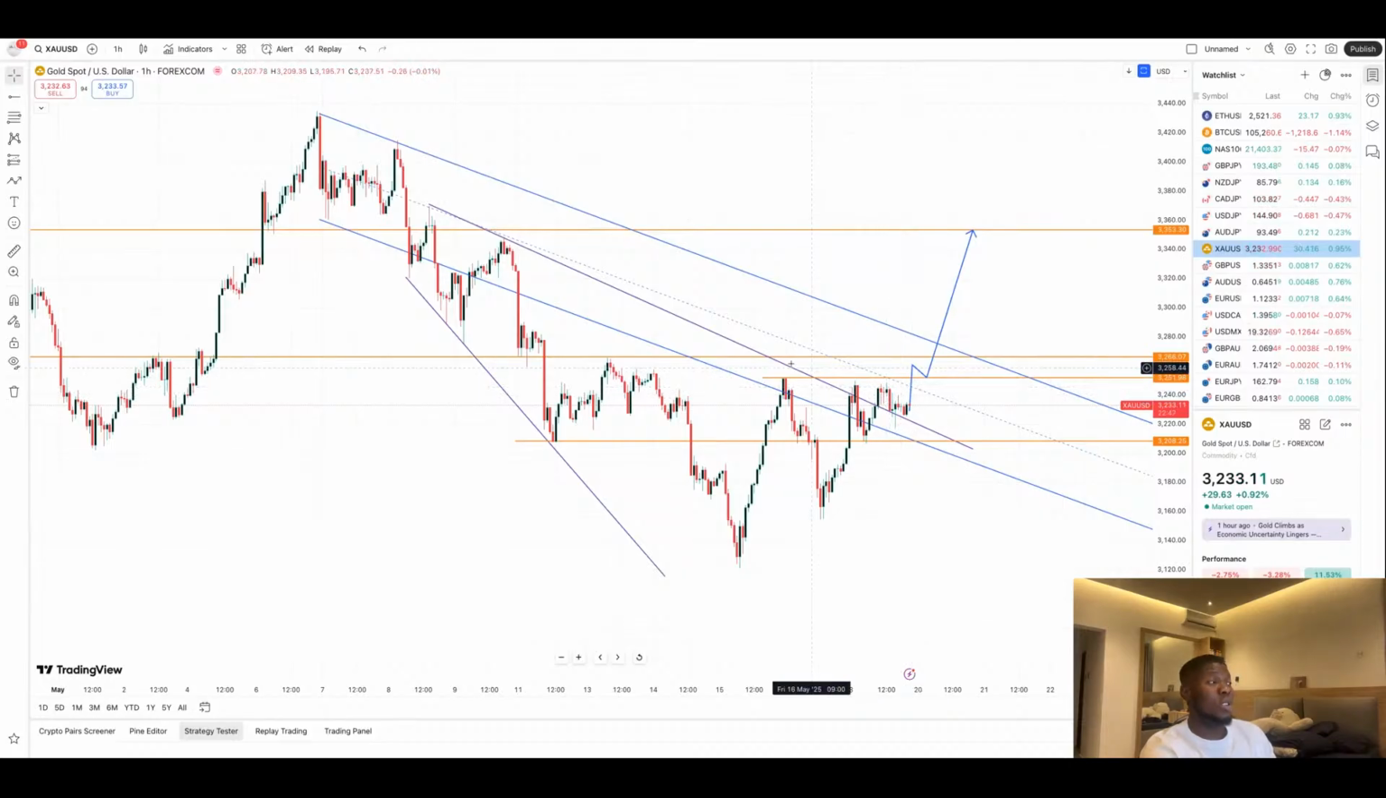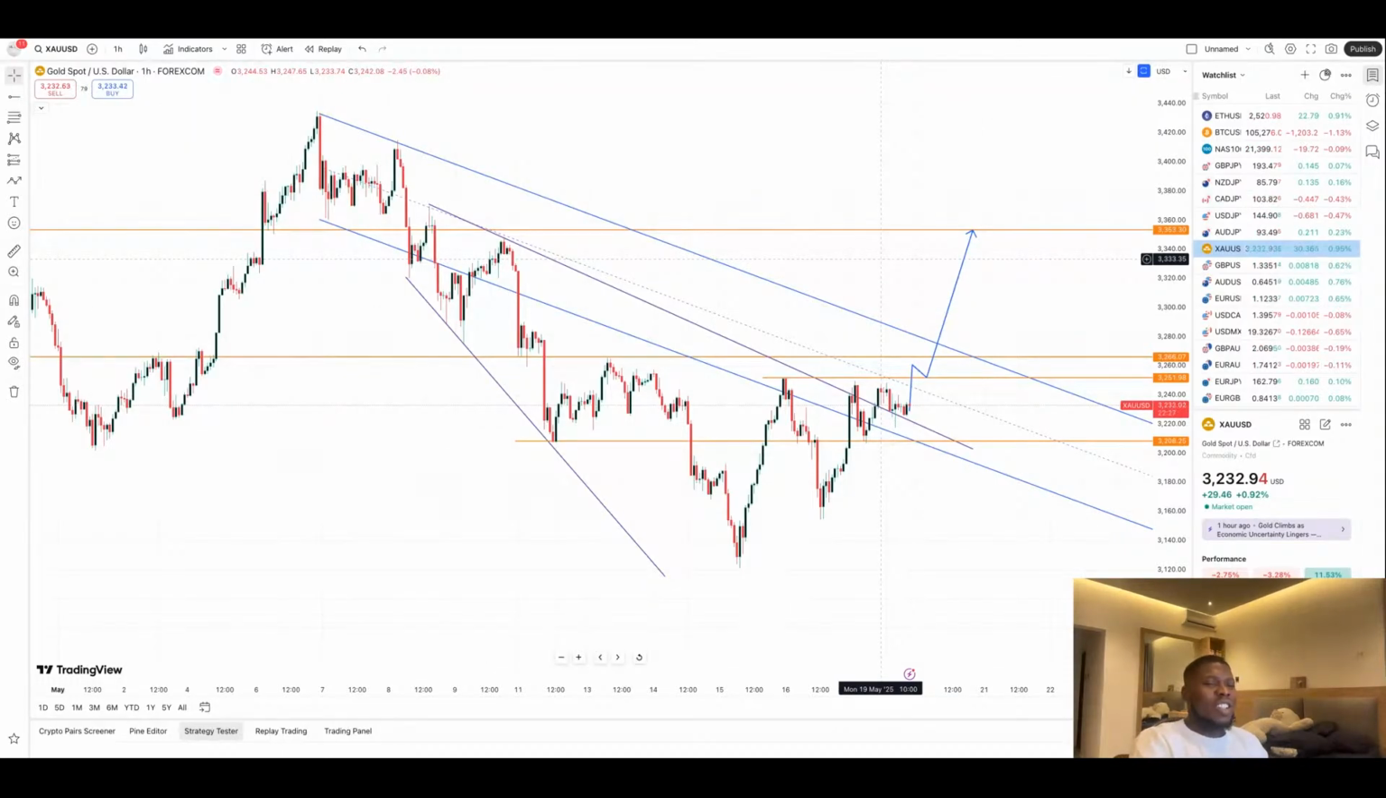With this time frame, this 1 hour I'm on, I'm not going to take any trade. Maybe on a lower time frame I might have something to trade. But for now, I'm staying out on gold. If there is any question you ask, we'll be able to